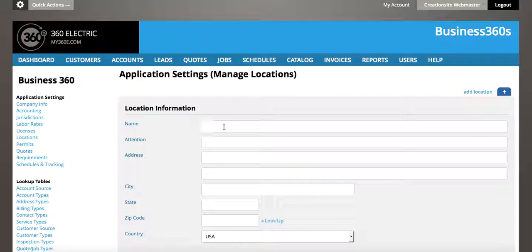You can give it a name tag. I'm going to call this East Side Office. You can have a default person for the attention that it would go to. I'll put that here. You don't always have to do this. If you want to leave it generic, you can do so. And I'm going to put